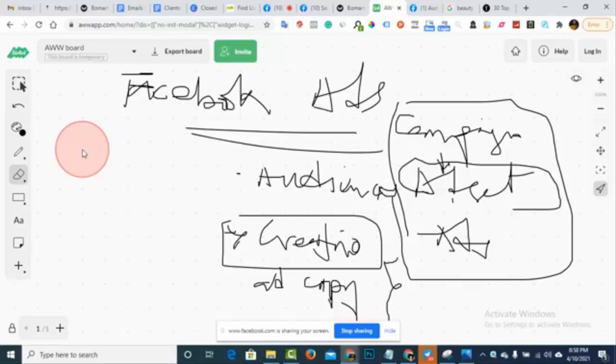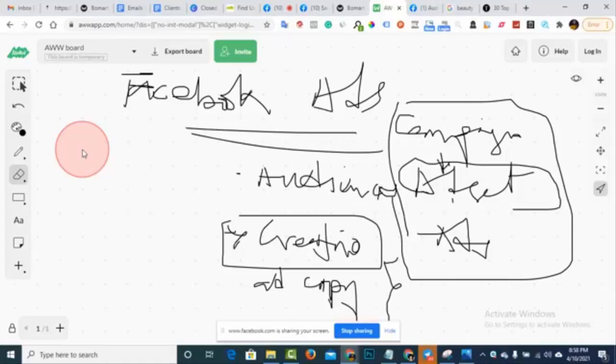So you want to make sure that you invest in the most important thing after your audience, which is your creative. In fact, if you go out to do zero targeting and you don't have good creative, your campaign is going to fall flat on its face.